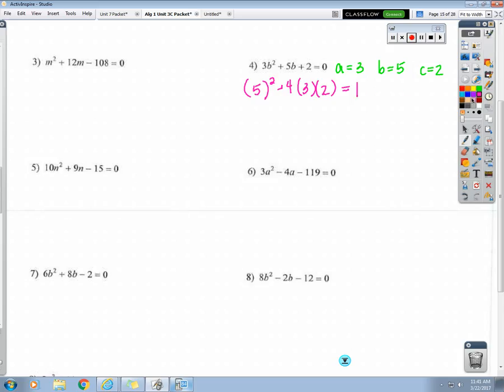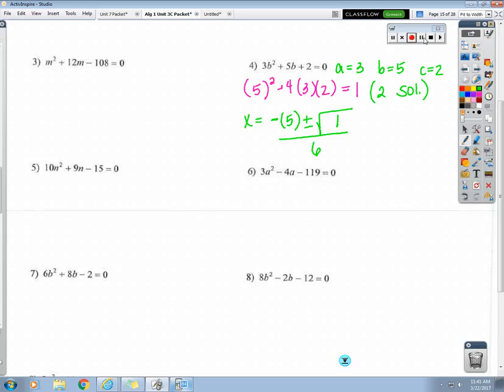1 is correct, which means we're going to have how many solutions? No. Positive number means 2 solutions no matter what number it is. If it's a positive discriminant, it's going to be 2 solutions. So, now I'm ready to do the formula. X equals -b, which will be -5, plus or minus the square root of 1,